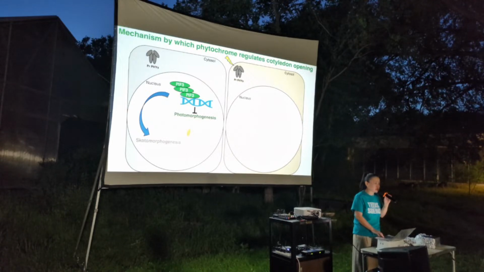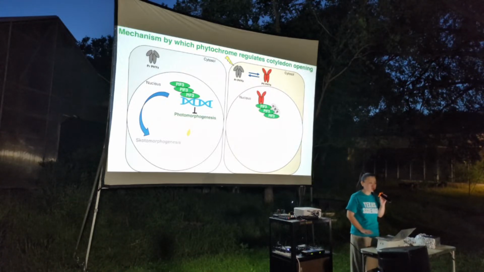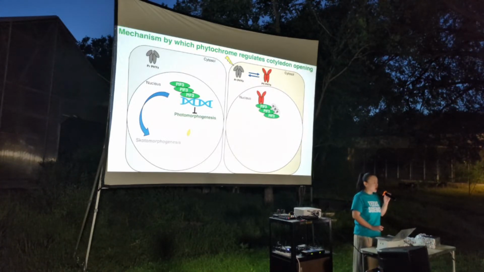But as soon as the cell perceives sunlight, those phytochromes, which were inactive, wake up. They can work now, and they move into the nucleus to phosphorylate those transcription factors. That phosphorylation is recognized by the E3 ligase, and the E3 ligase adds ubiquitination to those transcription factors so that they are recognized by the proteasome. The proteasome degrades those transcription factors into small pieces, and they cannot work anymore.